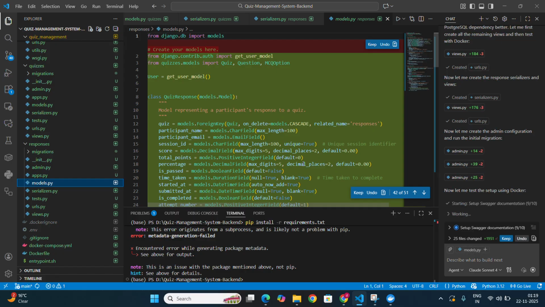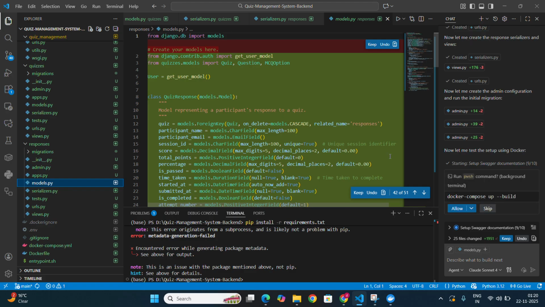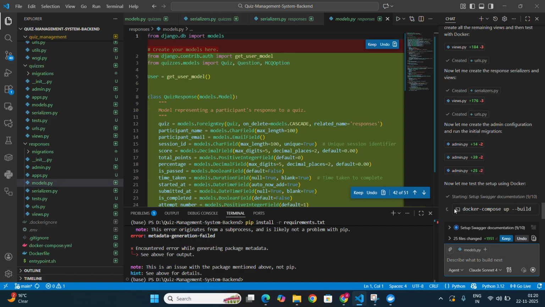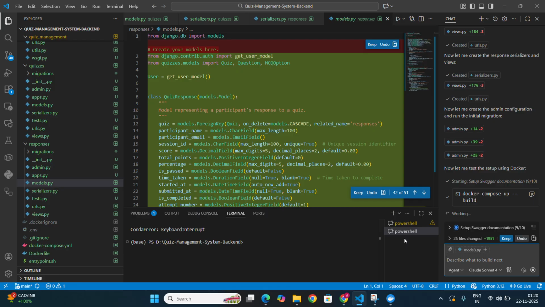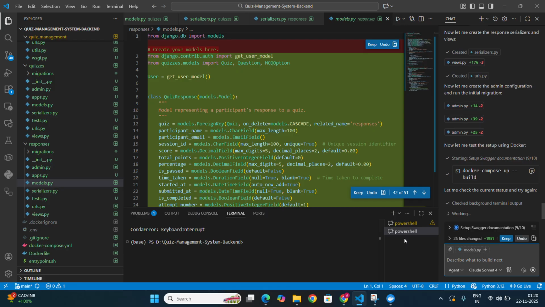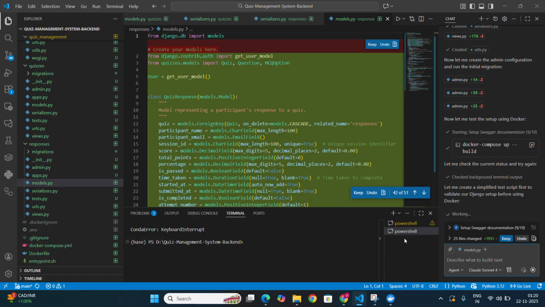So don't panic while a lot of files are being created. There's nothing like that. This is the main syntax for Docker for building it up and composing it up. We just need to allow that. We already discussed that we just need to build the Docker and then compose it up. It will open a new PowerShell terminal where it will have this command and run it, and if it gets any issue then it will